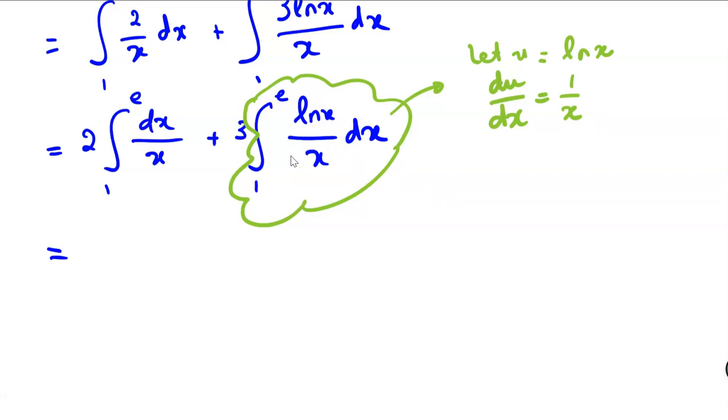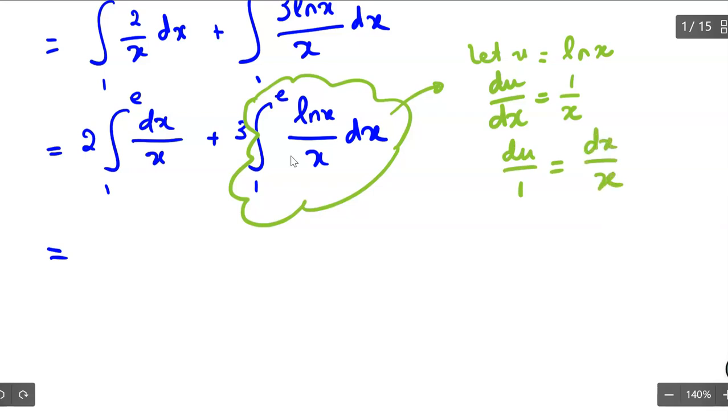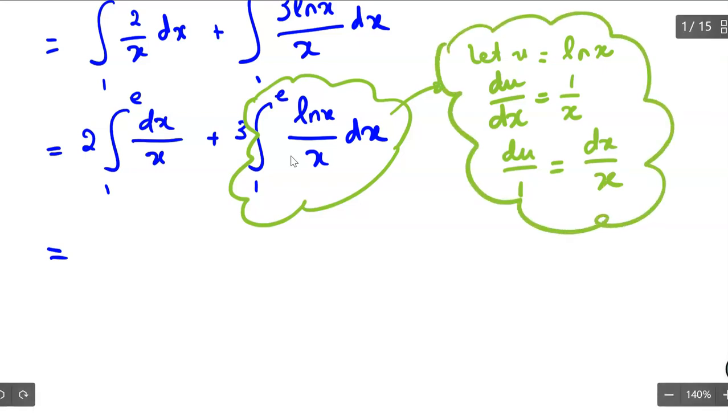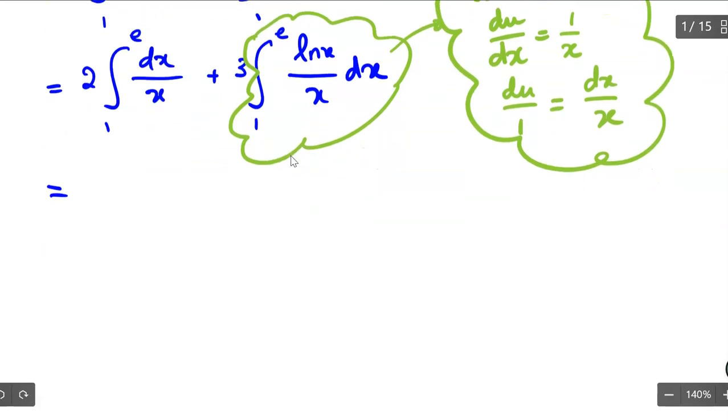So what I will do in this case is I will write du divided by 1 equal to dx over x. So this is the substitution that you need to substitute in here. So now this one will become,